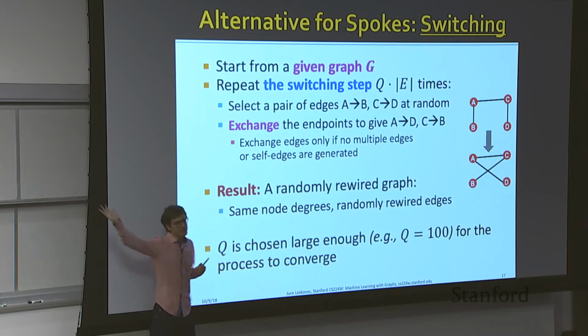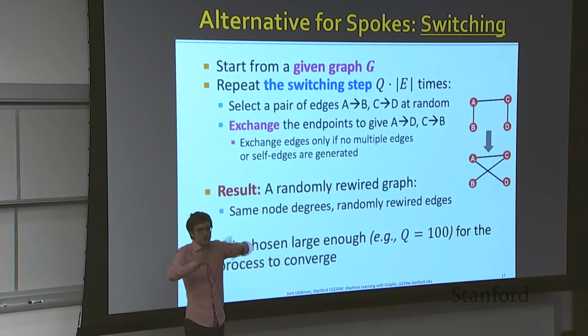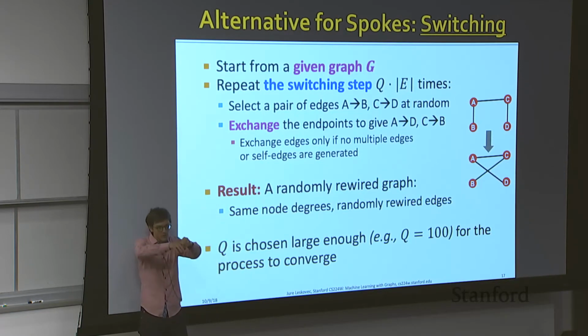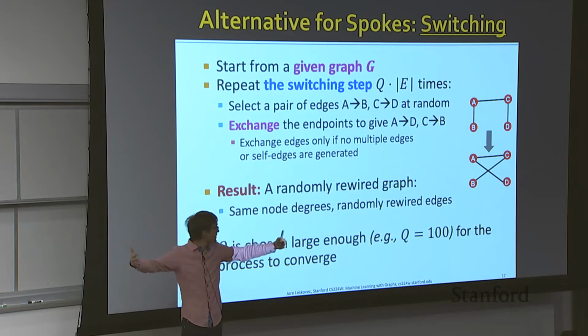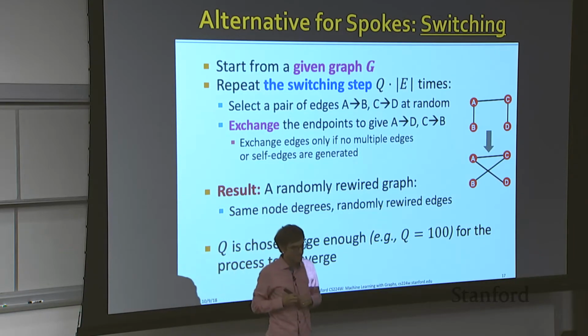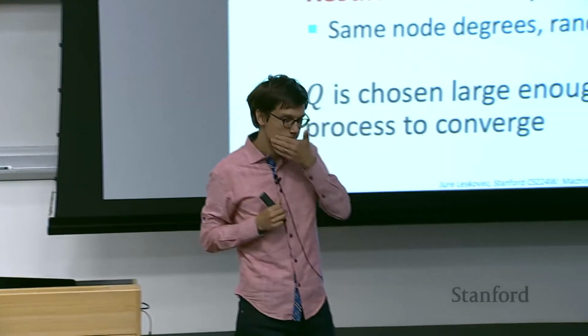You can keep running it as long. It will never converge, right? Because it's always randomly kind of changing something. But the point is, it will converge to a uniform sample from a distribution of graphs with a given degree sequence. Yes? So when you're coming up with a null graph,